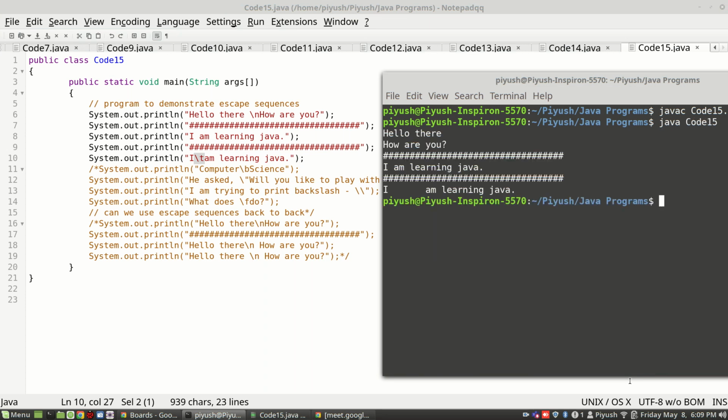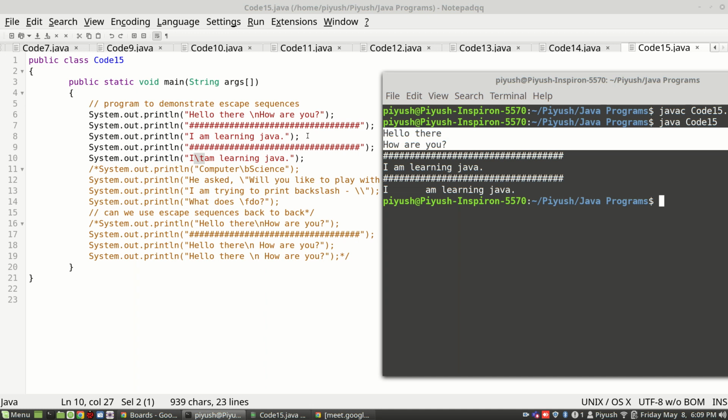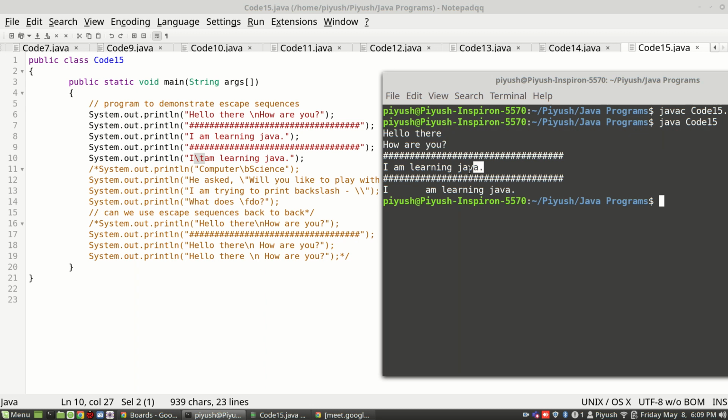Now can you see the output for the second print and the third? The first one we have already understood, so we will not focus on that. It was because of the backslash n escape sequence, which meant change line. So that printed this one. Now "I am learning Java" on line number 8 is printed as it is.